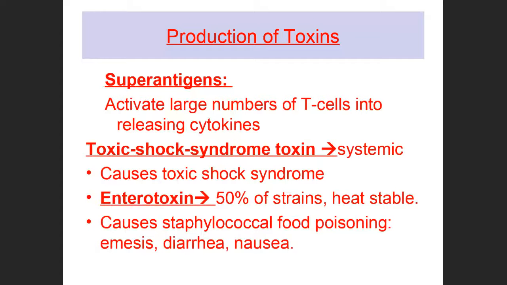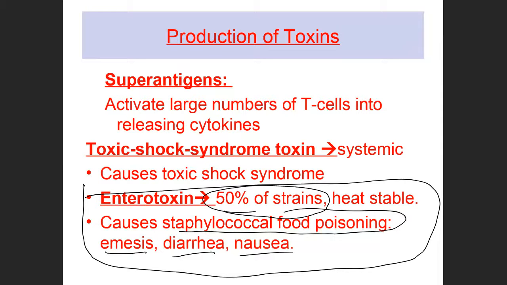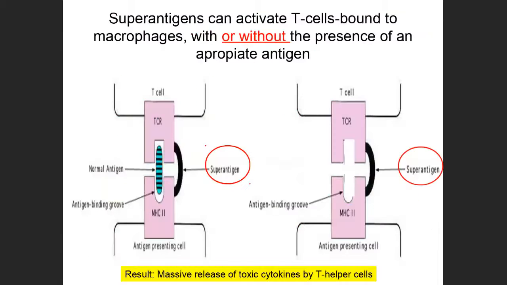All right, on top of that, some strains of Staph aureus have superantigens. We've already talked about the enterotoxin superantigen, which is present in at least half of the strains of Staphylococcus. This is a toxin that causes food poisoning, vomiting, diarrhea, nausea. And essentially what a superantigen is,